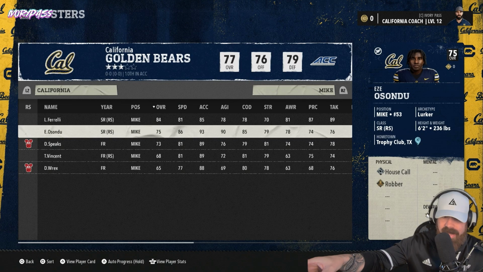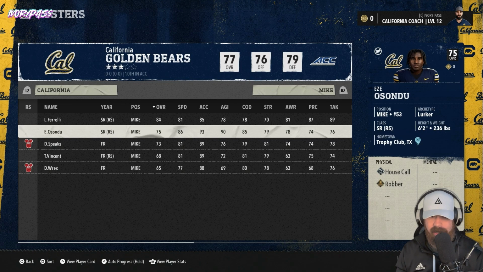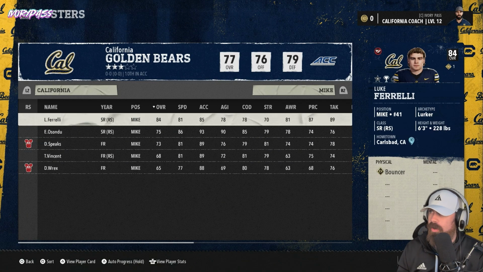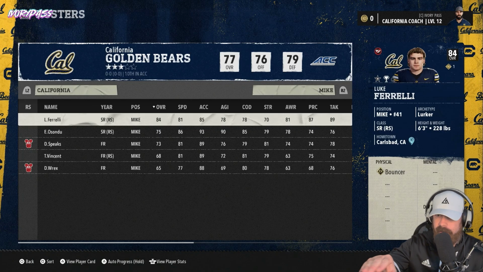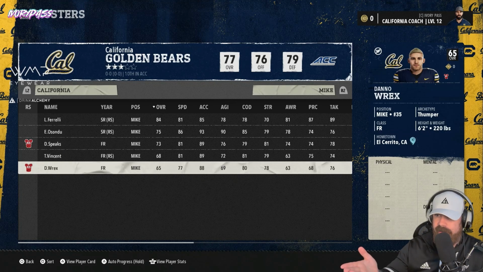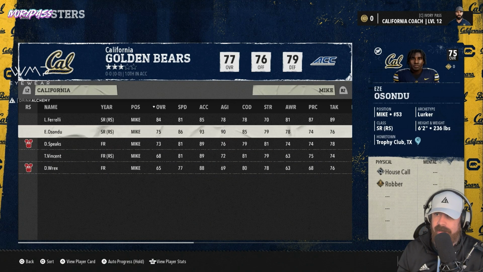So you can see the dev trait down here at the bottom, right behind my head. Right, so you got some guys that are impact, you got some normal guys. Where we're at, you can see we're in year 4 of our dynasty. We're only at level 12, so we're slowest XP gaining here. And I don't know what the dev trait's going to be, so sometimes we're going to have a star, like Dano might be a star in his development trait. I'll just look right quick. You know, he's normal, but sometimes he would be like a crazy development trait, and he ends up being a